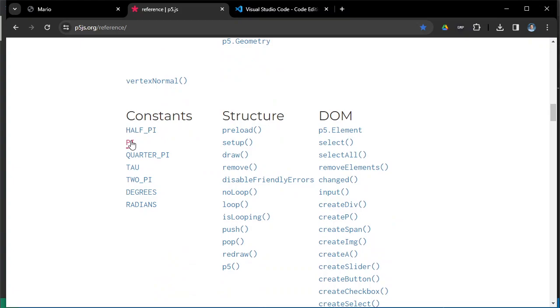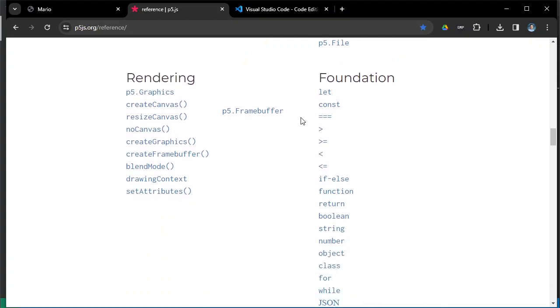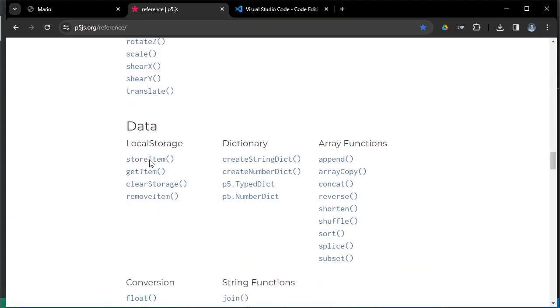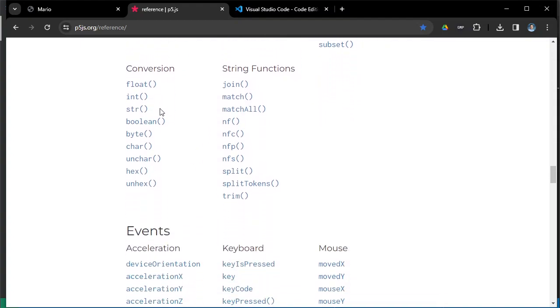There's some constants here, pi, quarter pi, various structure and DOM things. So DOM stands for Document Object Model, which basically refers to your HTML. There's all kinds of instructions for rendering, transforming, so rotating, resizing, saving things to files and other data storage systems,